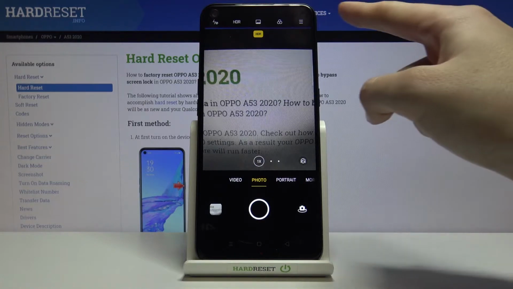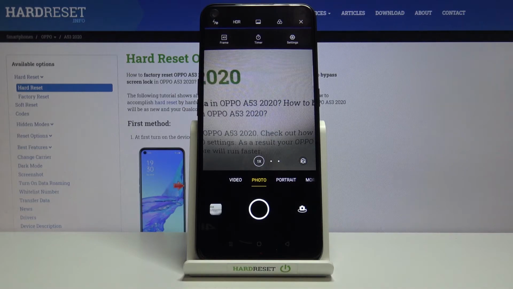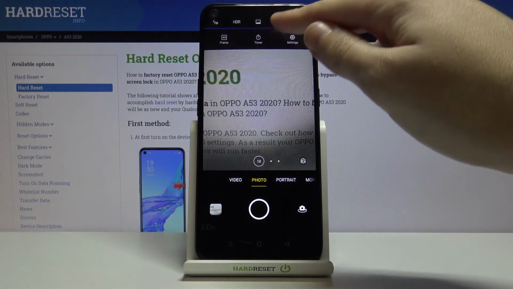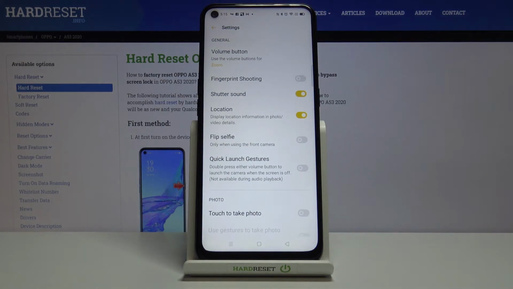From here let's go to the right corner to this button. When we tap on it we get access to 3 other buttons we can manage. Now let's pick this one from the right so we can open the advanced camera settings here, and let's focus